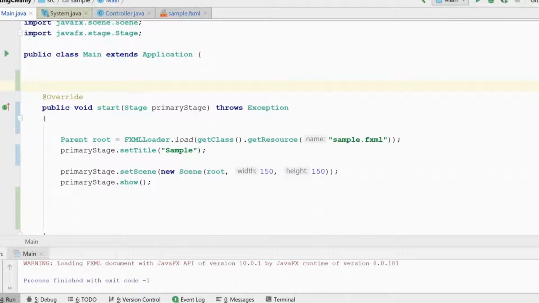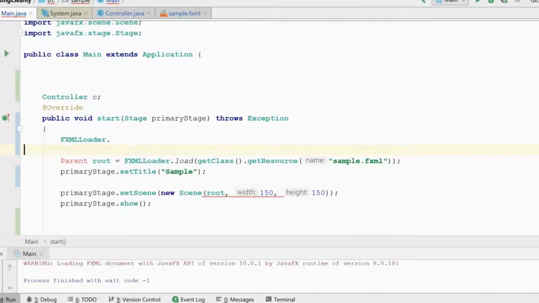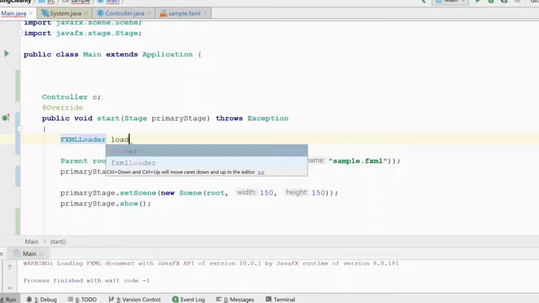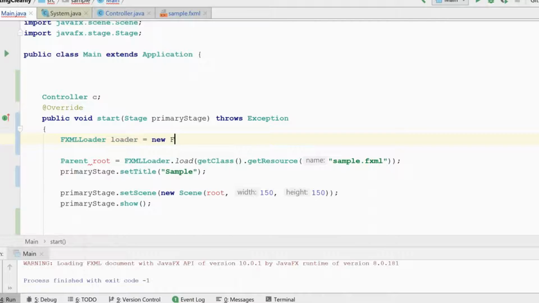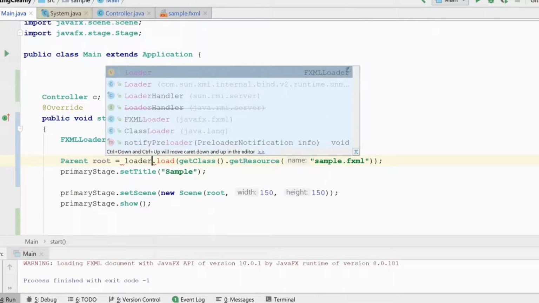In order to call our dispose method on the controller, we need a reference to the controller, and we're going to get that through the fxml loader. But we're going to have to change the way this is accessed a little bit. So let's create a fxml loader local variable. And here what we're going to do is we're going to call loader.load,